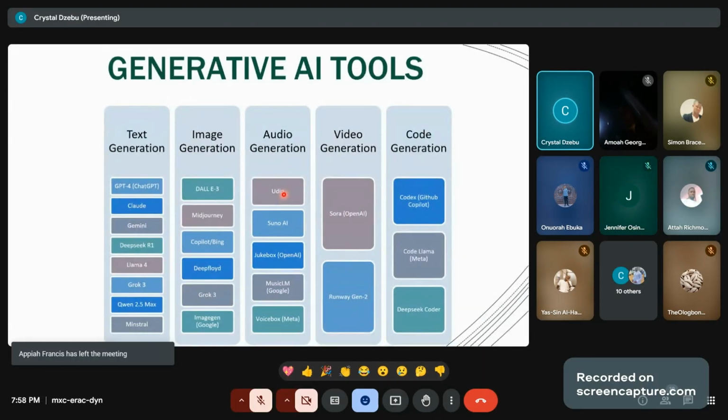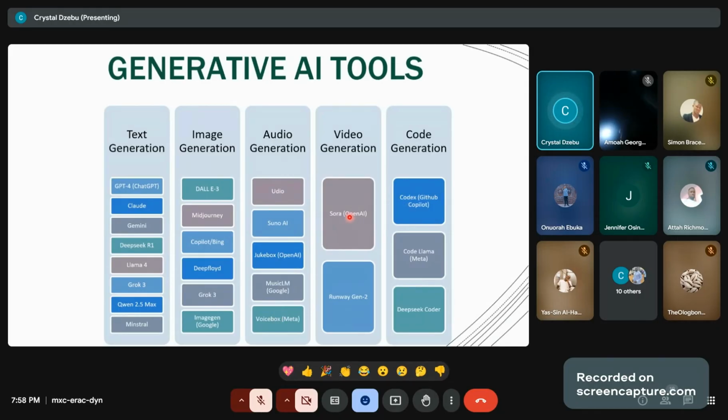So it becomes a full music. So we have such systems that are already in place. They are free, but if you want to use the premium features, you pay for it. So Udio and Suno are the most popular. But this one is by Google, and this one is by OpenAI ChatGPT, and this one is by Meta.